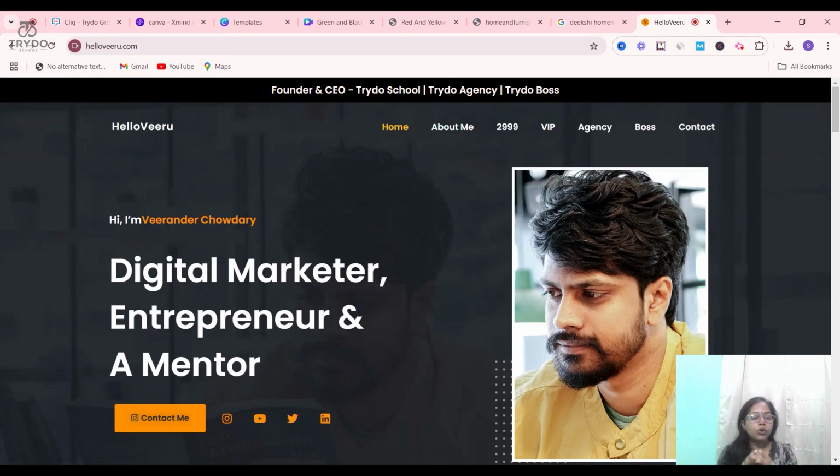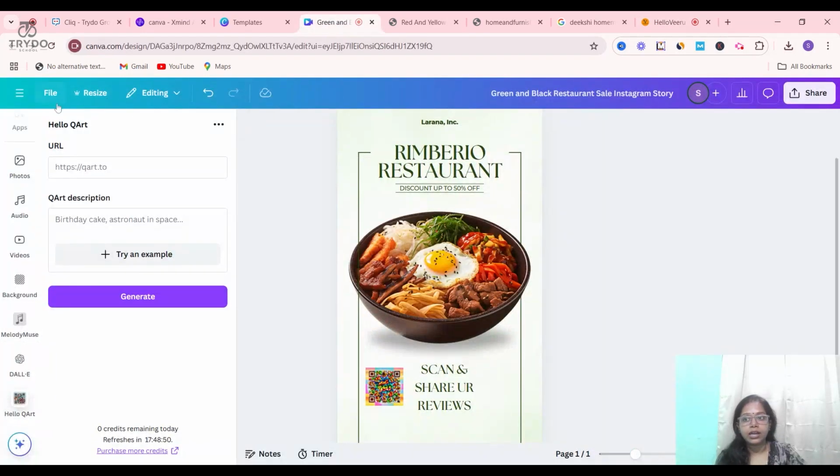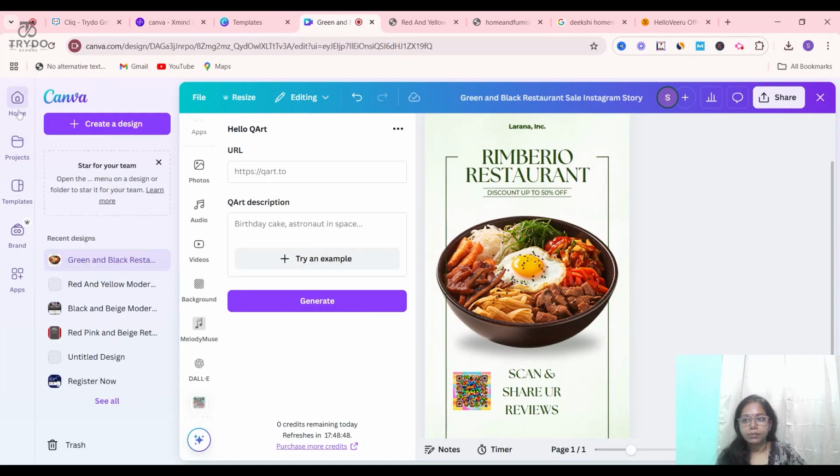Correct. How do you get images or graphic elements related to your brand colors? You don't have to keep searching for photos or videos that are irrelevant to your brand colors, because the colors or graphics you add inside your social media post or website should be very specific to your brand colors. Now how can I filter my brand colors? Let me go to the home.